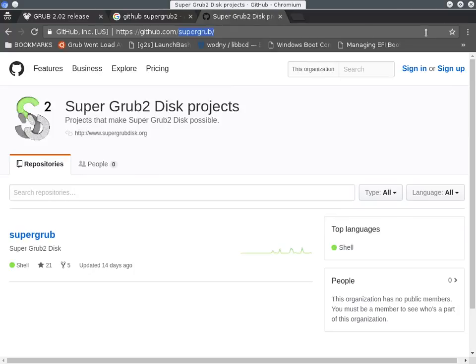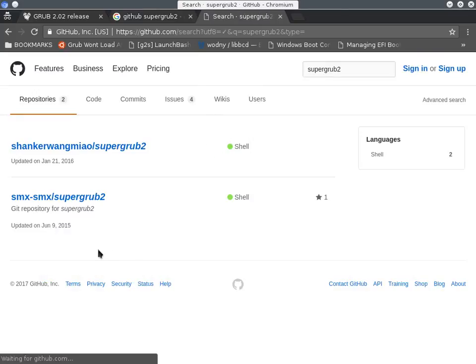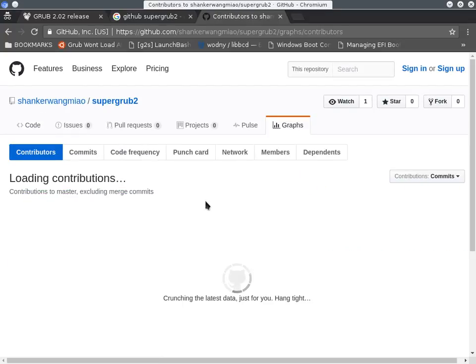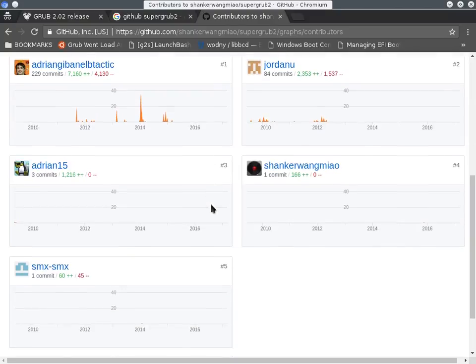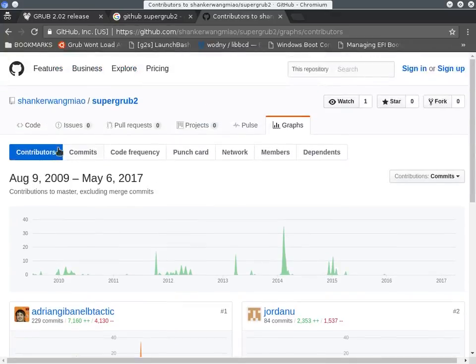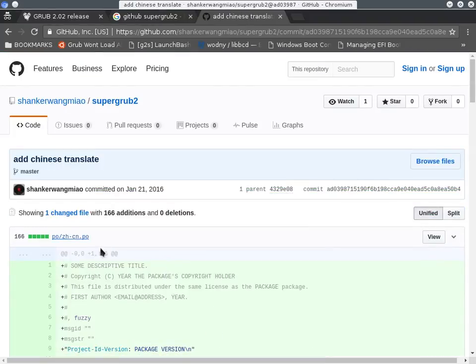So GitHub. So we search for Super Grub2, and there should be, this is a rather Chinese name. Let's try this one. So add Chinese translate. Okay, so among the 5 contributors, this was done 2 years ago. So this contributor has only one commit. So that's this last commit, which is add Chinese translate, which just adds this translation